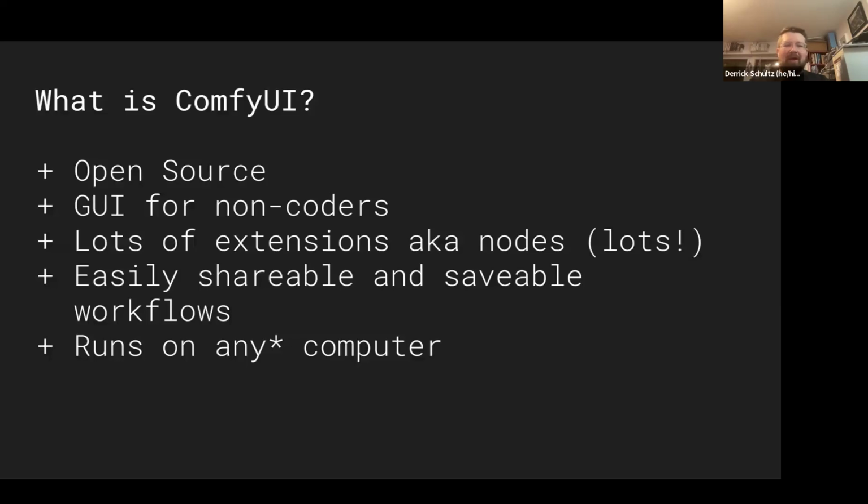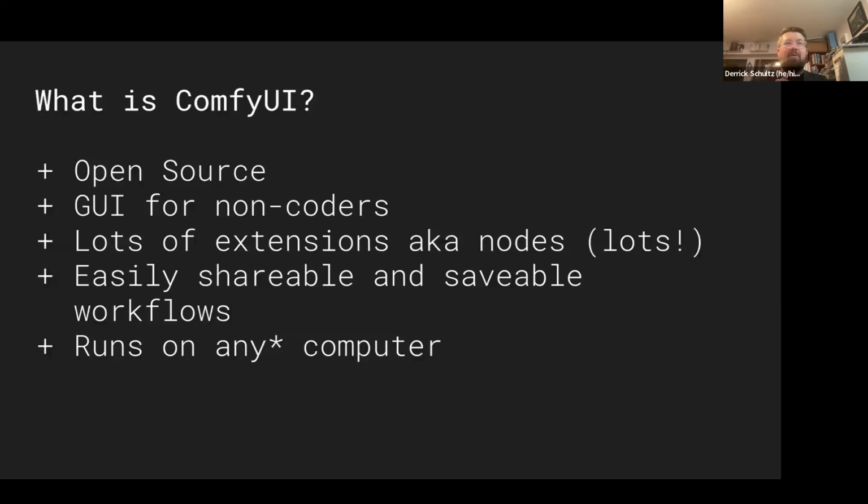And I say this hesitantly with an asterisk, it does technically run on any computer. So you can run this on a Mac today. Your image generation will be quite slow on a Mac, meaning it's going to take like 10 minutes to generate an image. So then it's basically impossible for video, right? It would take like 2 hours to generate a video. But it is feasible. You could do it, and there are people who do it because they need to use their Mac and they don't want to pay for anything else. So it's possible. It's just going to be really, really slow.